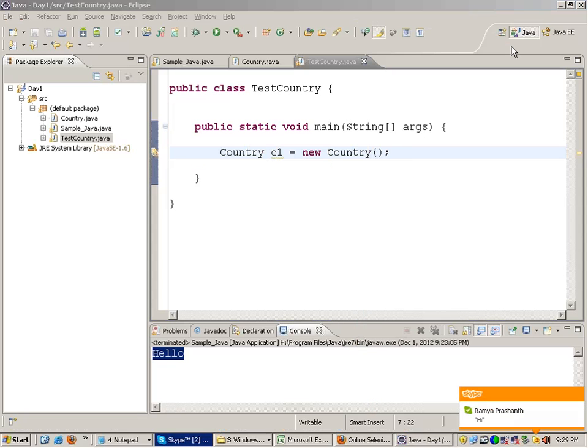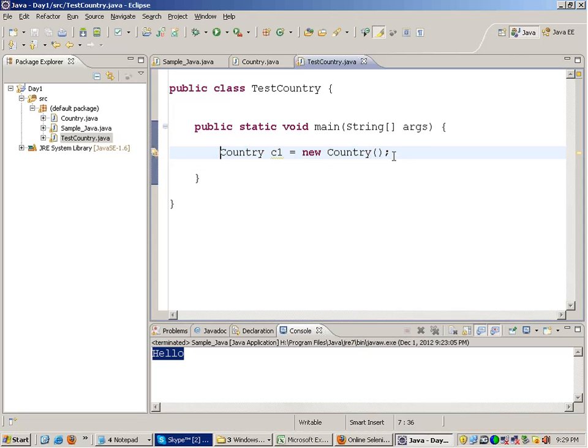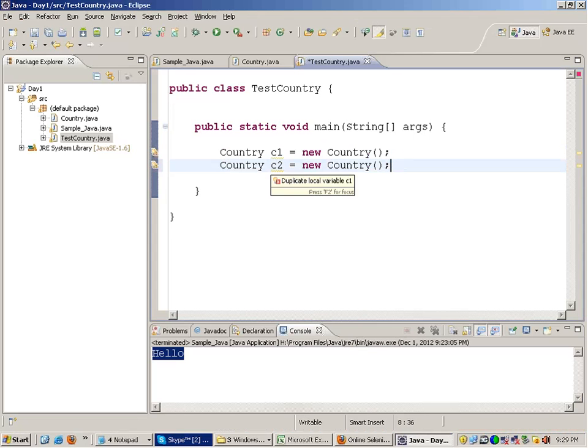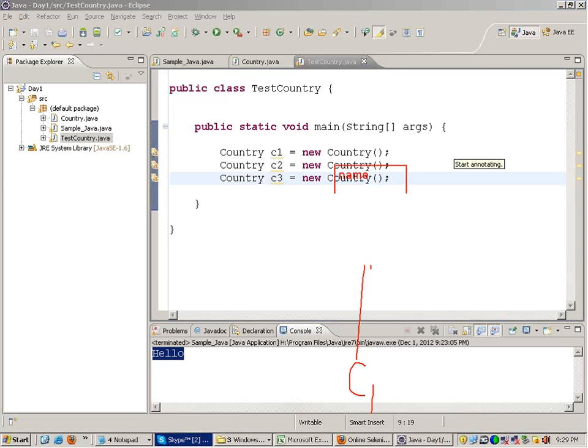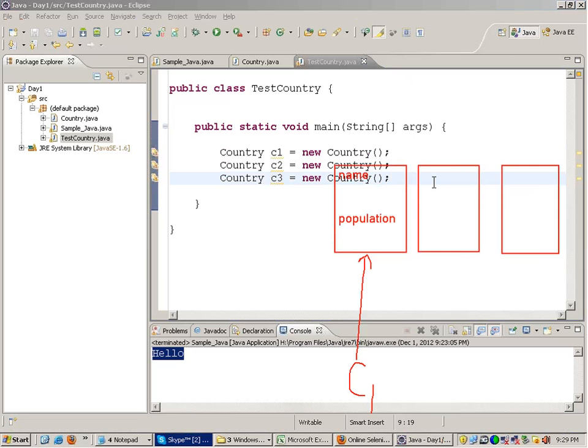Now similarly, you can make another object called C2. Similarly, you can make another object called C3. So in the memory, you will have three objects.